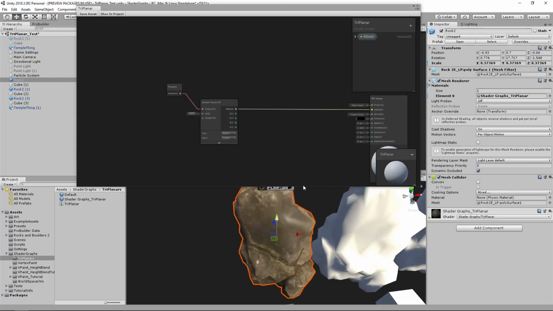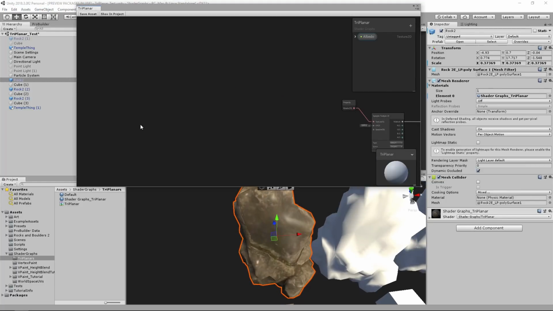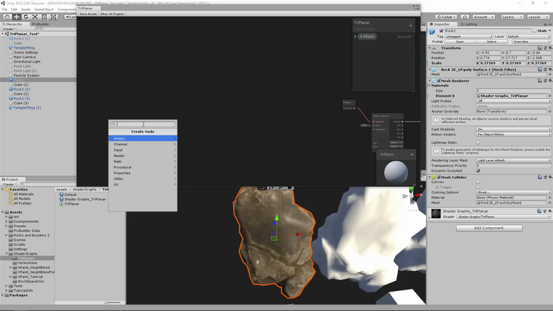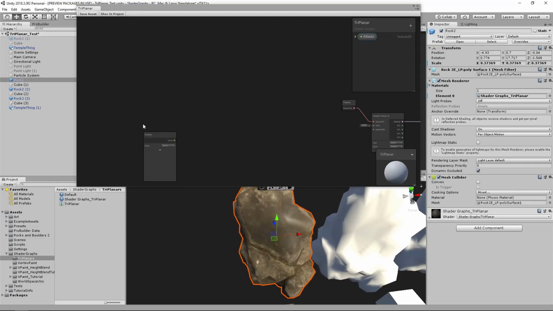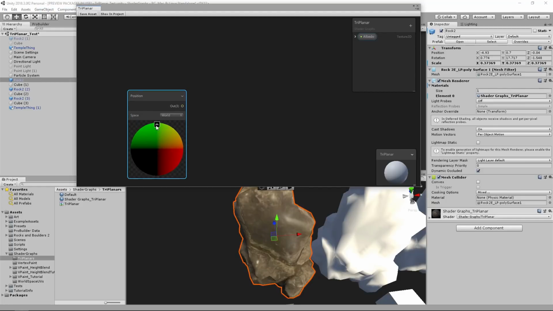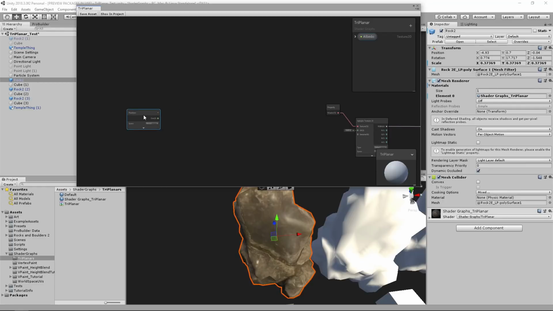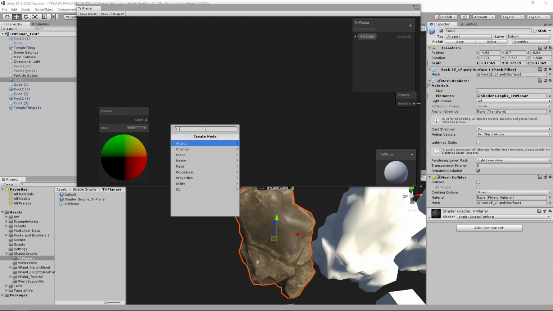We want to project the texture from an angle. So we're going to be doing that with world space. So we'll need a position node, and we will set it to world. Again, as I mentioned in the introduction, we will take a look at object space, but it comes with a warning, so we'll cover that later. So yeah, we need to get access to the XYZ, as it were. So we'll split this out